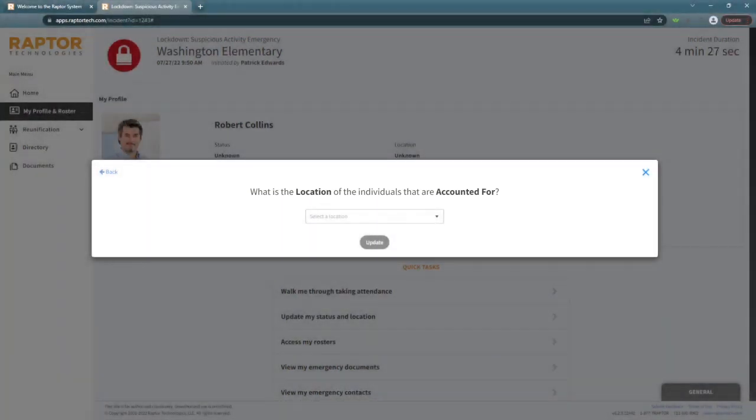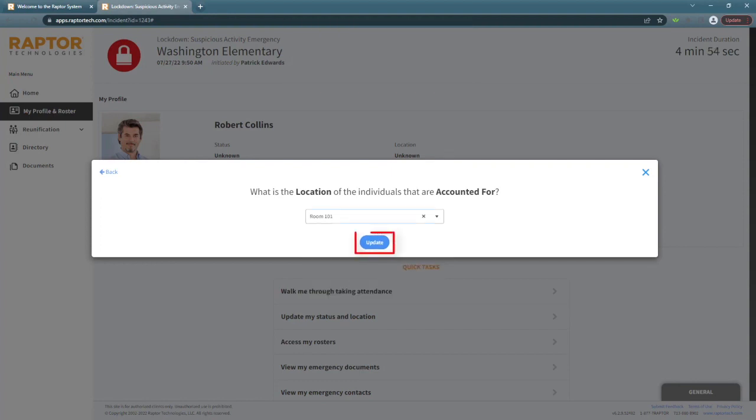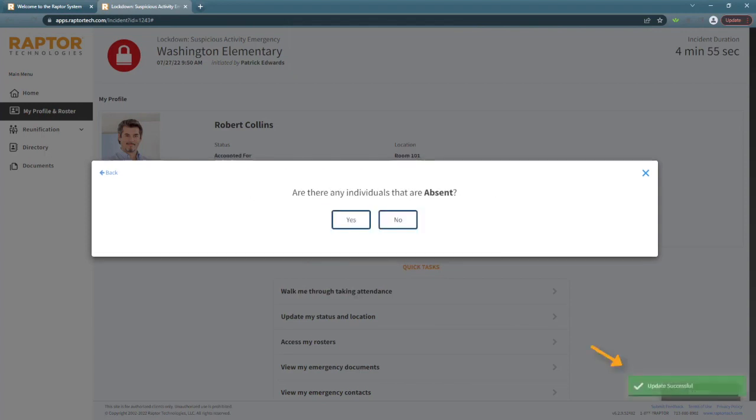You'll click the Select a Location drop-down list to select the appropriate location. But if the location doesn't initially display in the list or isn't found once you start typing, and in our case, room 101, then you'll click the Add Location button. A pop-up will display and ask if you're sure you want to add the new location, and if so, click OK. Then you'll click Update, and once the information is updated, we'll get an Update Successful message,